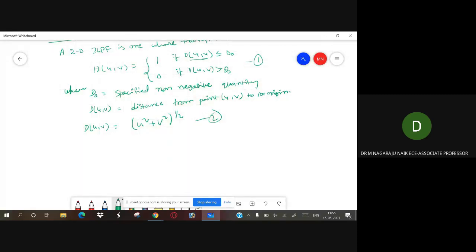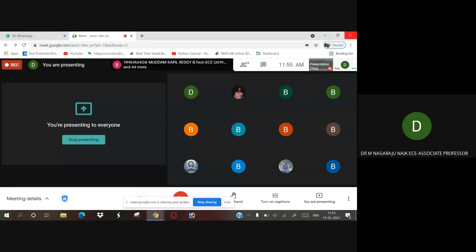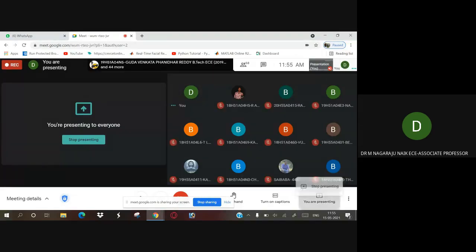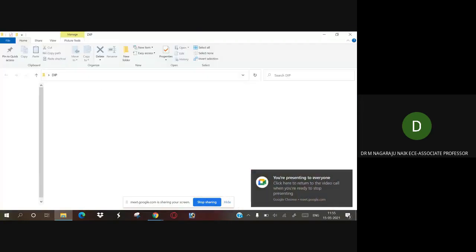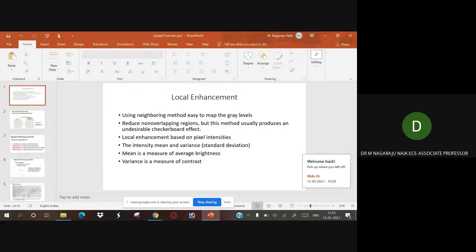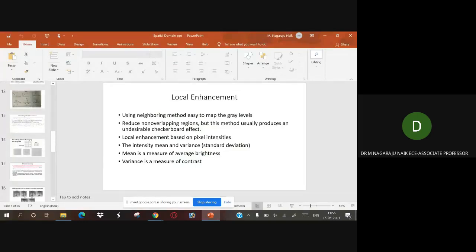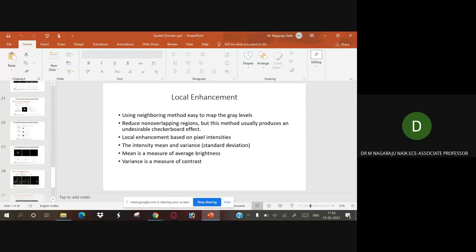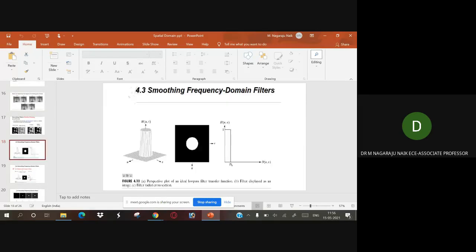Now I will show you that in a presentation. Right, the first one is an ideal low pass filter.